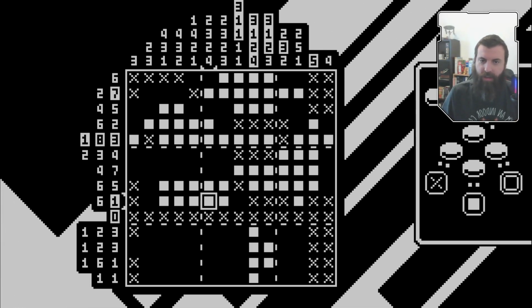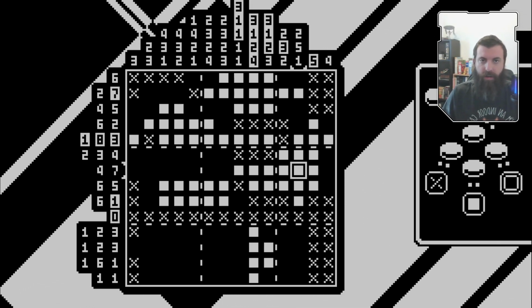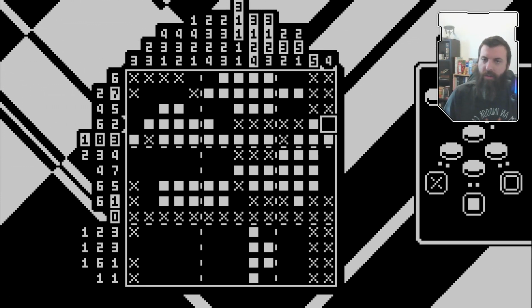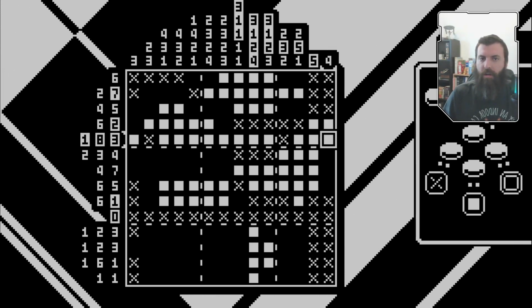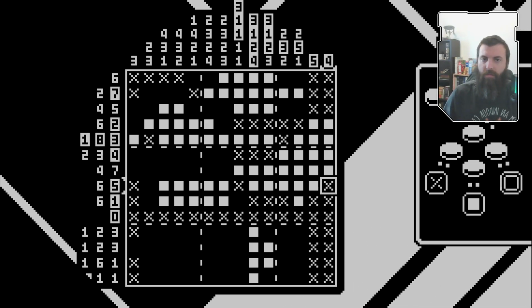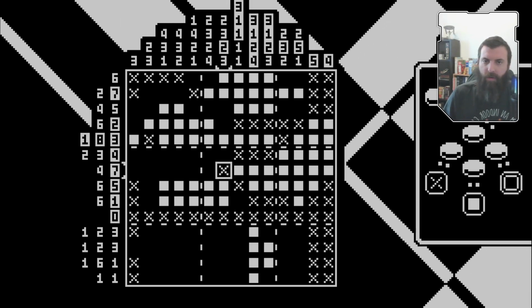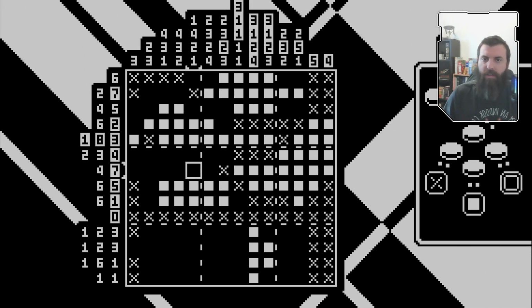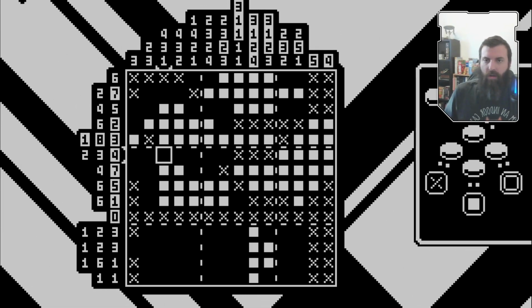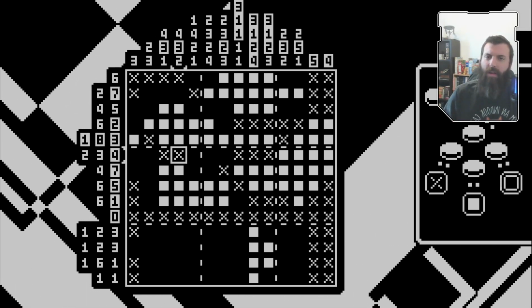Our horizontal 6 is basically laying claim to this spot one way or the other. It means that our vertical 5 over here is that, which gets us enough to fill out our horizontal 2. It's an upper edge for our vertical 4 over here. That tells us where the rest of our horizontal 7 is. We can use that to extrapolate where our horizontal 4 has to go. And also go ahead and X these off